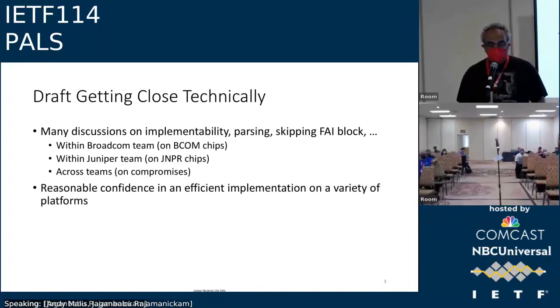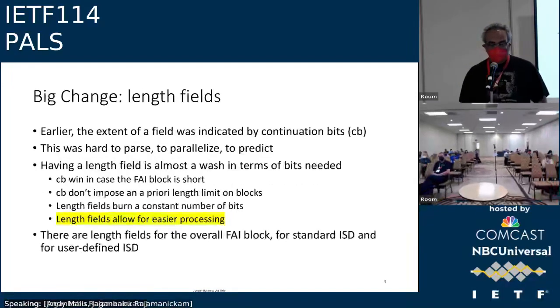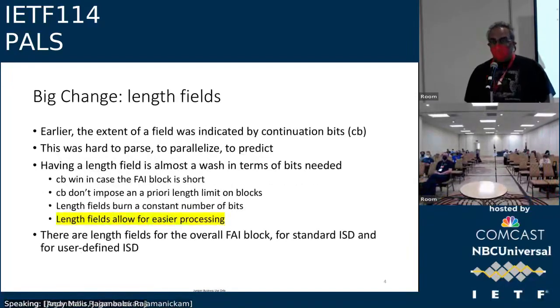Next slide. So the big change that we have, we used to have these things called continuation fields or continuation bits. And essentially, a continuation bit would tell you when a particular block ends. So the whole FAI block at some point has to end. So if the FAI, and I'm going to call it FAI for now, but we should probably change the terminology. So if the special purpose label saying that there's forwarding actions here comes to the top of the stack, you want to remove the whole block. So to know where the block goes, we were using continuation bits.